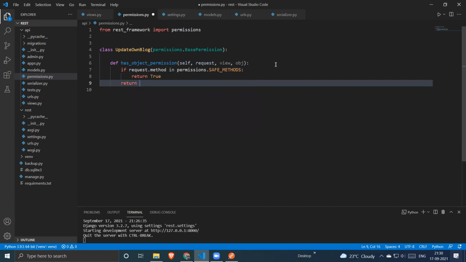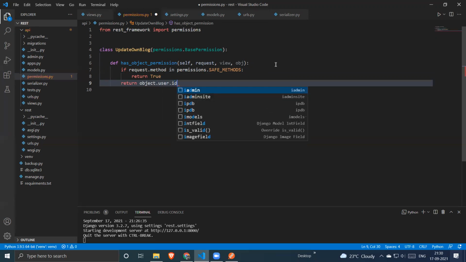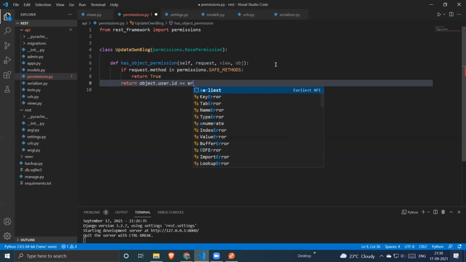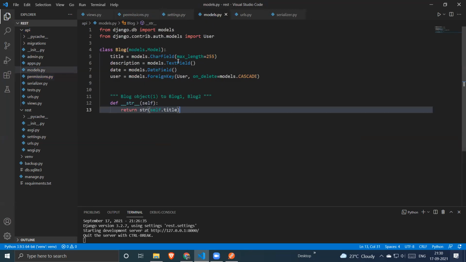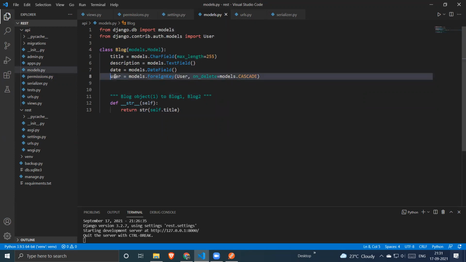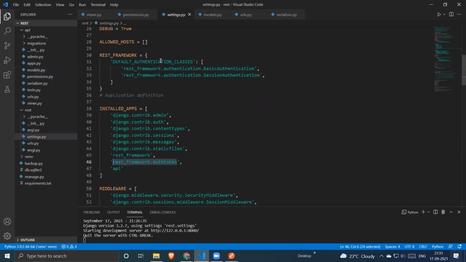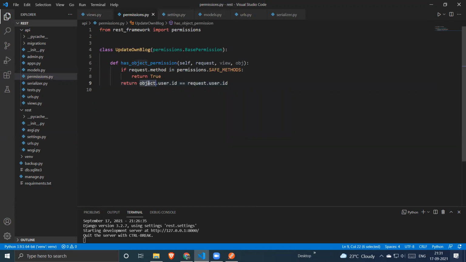For example, obj dot user dot id is equal to request dot user dot id. We have already set up our model in that way that user is a foreign key of the blog. So every blog has a user object in it, so we can directly access obj dot user dot id.